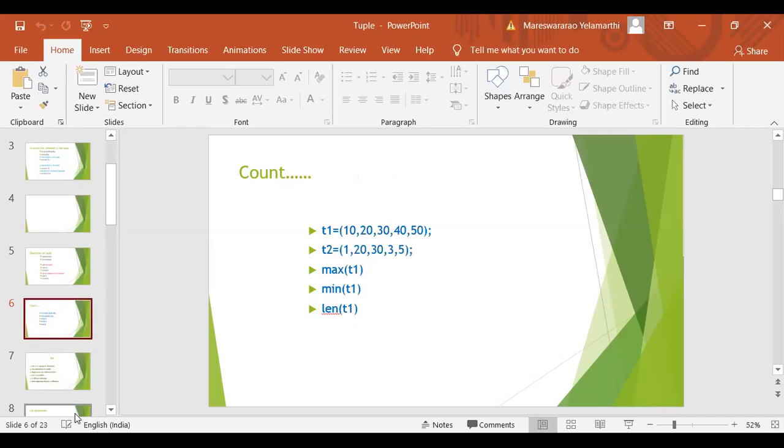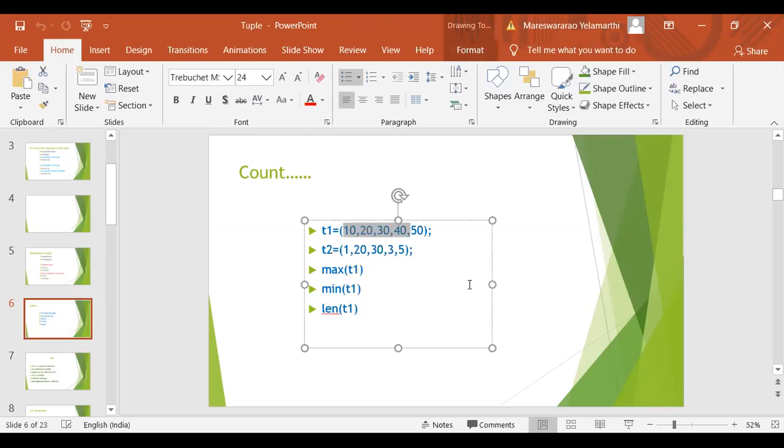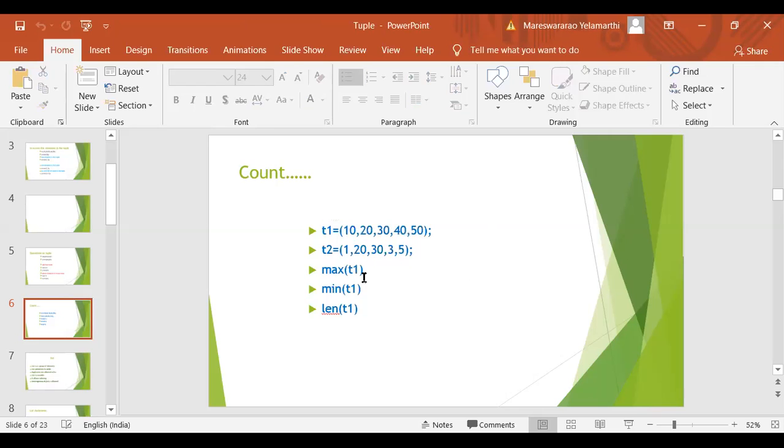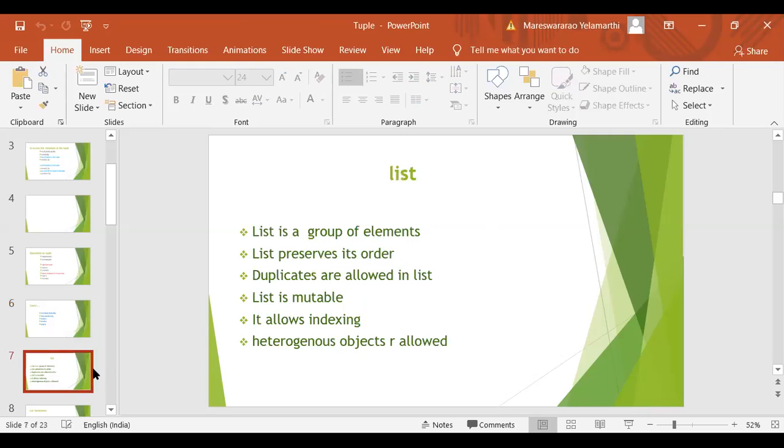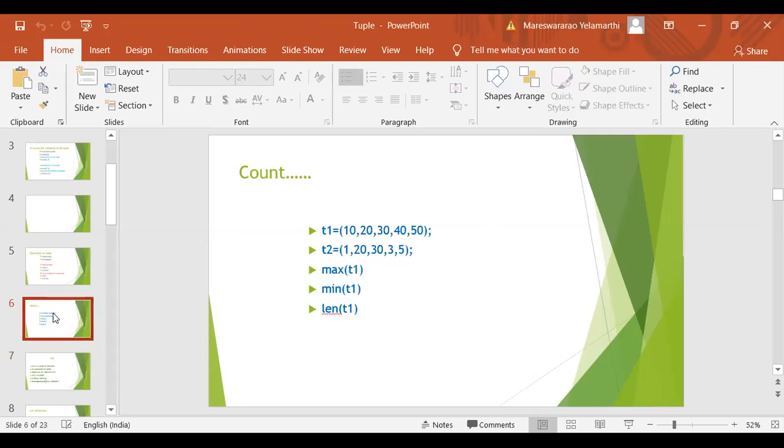Suppose you want to find the maximum value in my tuple, we need to use max. To find the minimum value, we need to use the min function. To find the length of the tuple, we need to use the len function. That's all about the tuple.